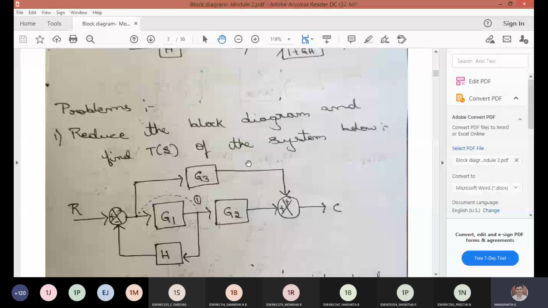Agree with what I told everyone? I'll repeat, listen carefully. Look at the diagram, observe the things carefully. If this wire of G3 was not there, as your friend told, we could have done this elimination of feedback. That is rule number 9. But now it is not possible because of the presence of the breakaway point. Similarly, I can't add G2 and G3, even though it looks like parallel. Unless G3 is between G2 and G, I can't add, because G1 is in between. So we can't do it. There come your rules, what we learned just now.